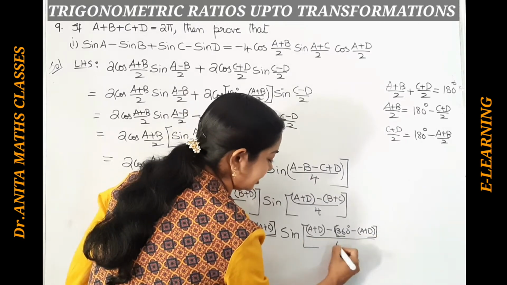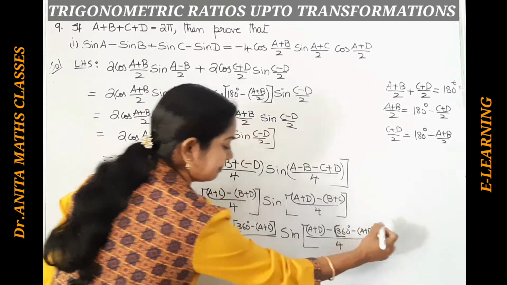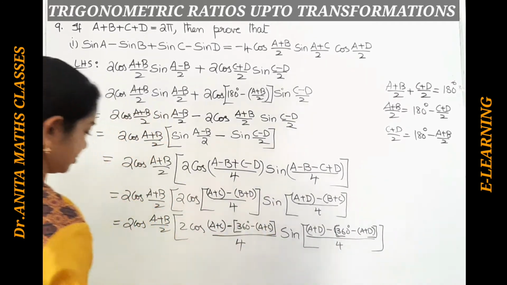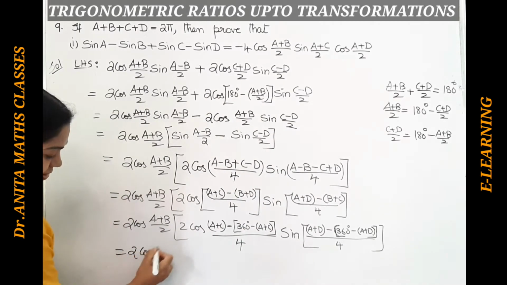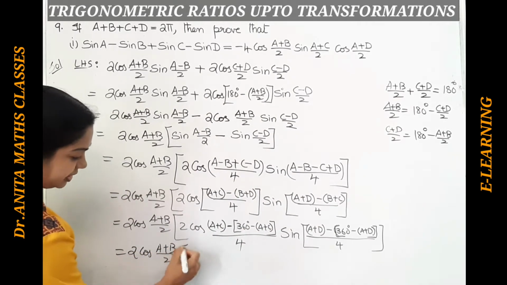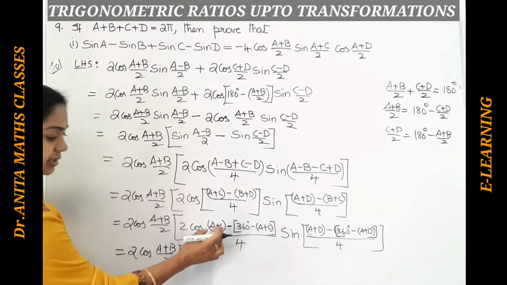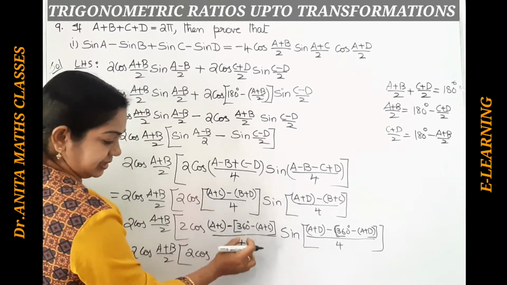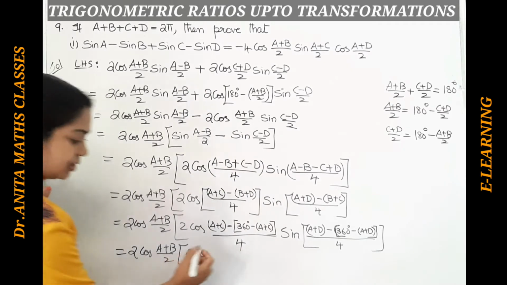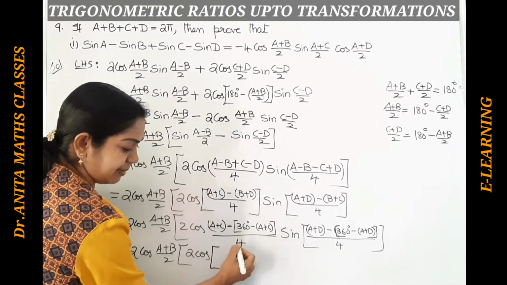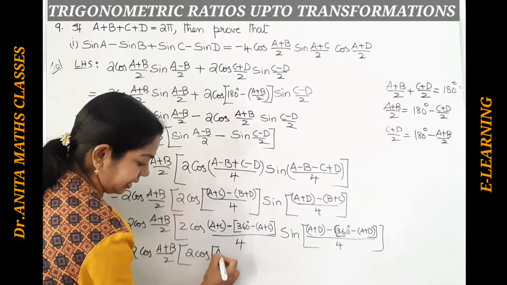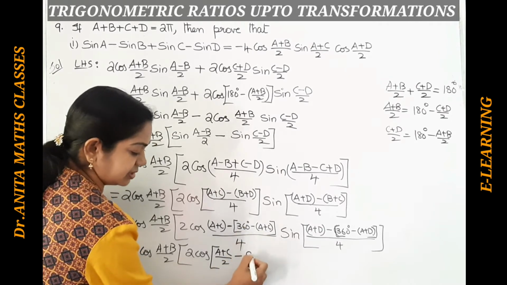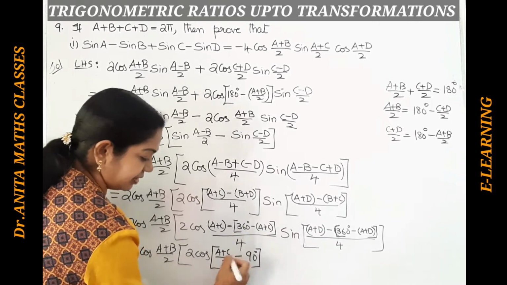We can as well use the bar bracket also. If it's clumsy brackets, you can use the bar bracket also. 2 cos (a plus b)/2 here, and here if you are taking 2 cos, see here a plus c minus, plus, so 2a plus c, and 360 by 4 is 90 degrees. So this becomes (2a plus c) by 4, so that becomes (a plus c)/2 minus 90 degrees. So I have simplified and written here.